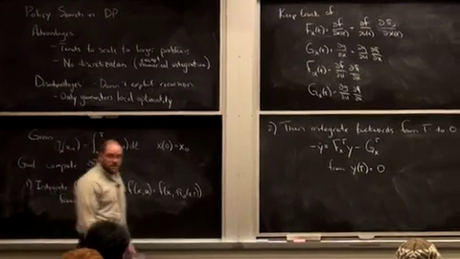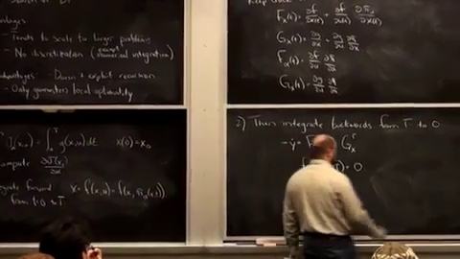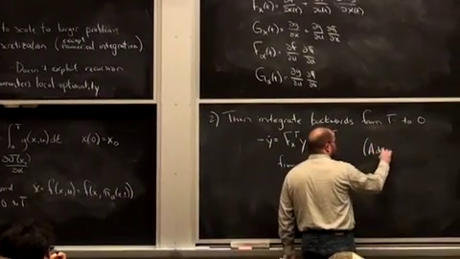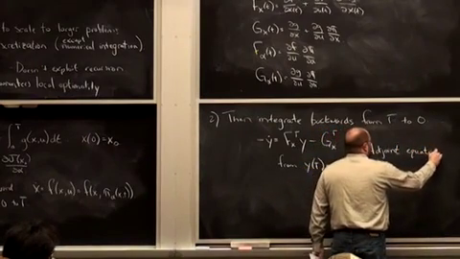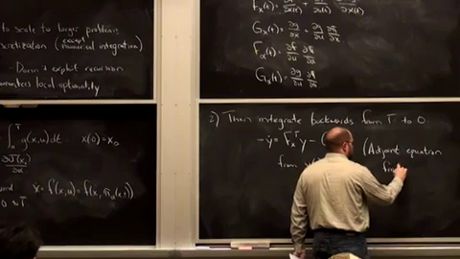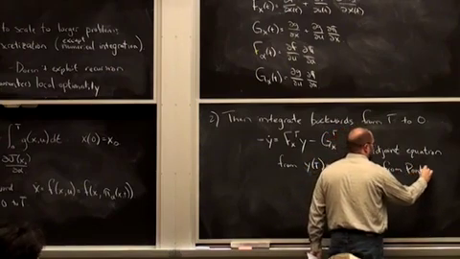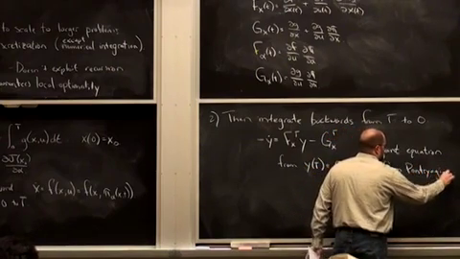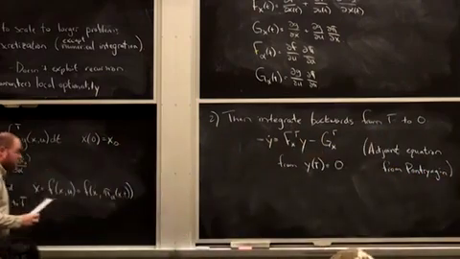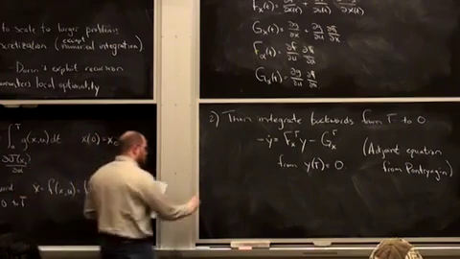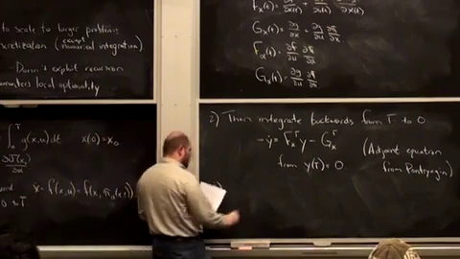It's the adjoint equation from the Pontryagin. Okay. Then the gradients